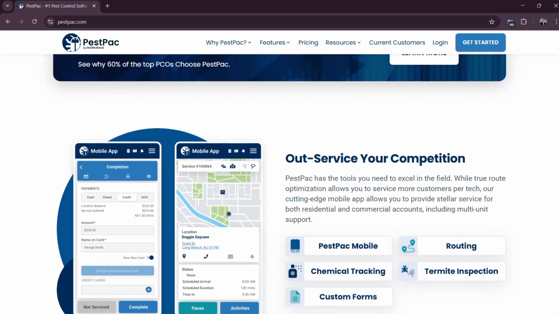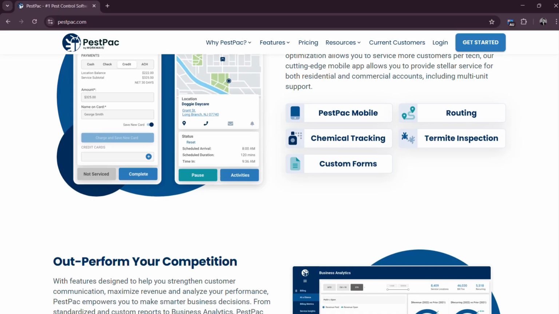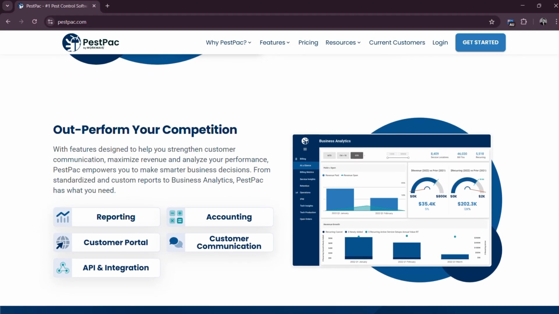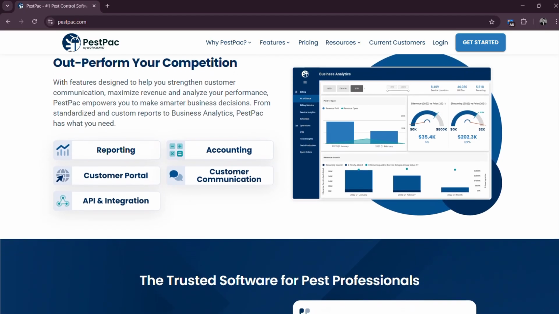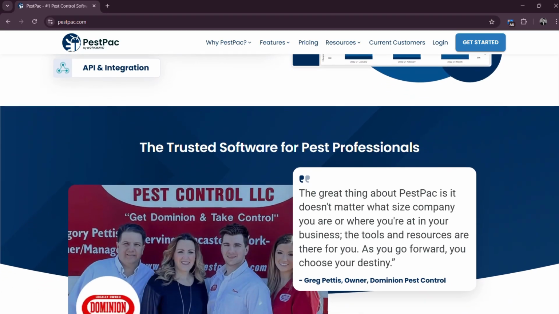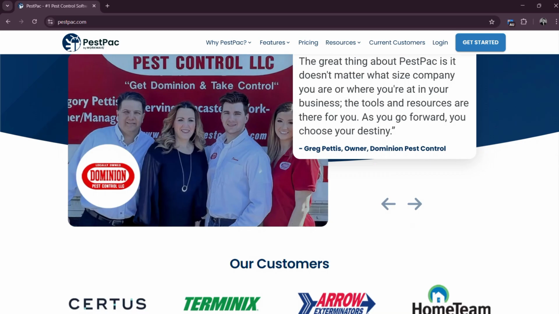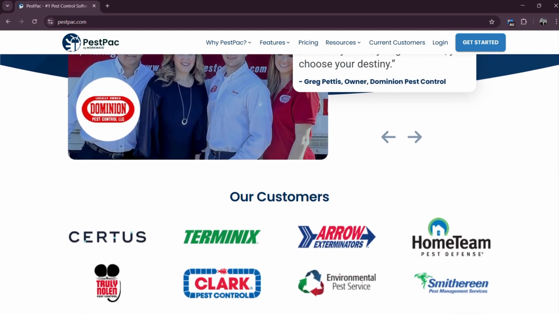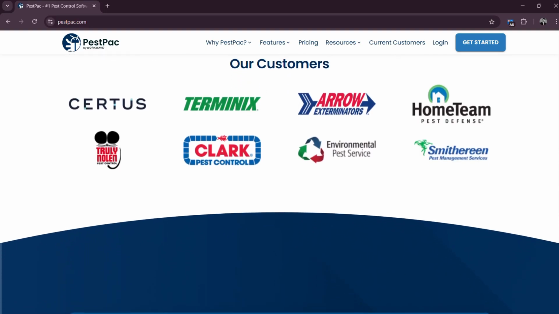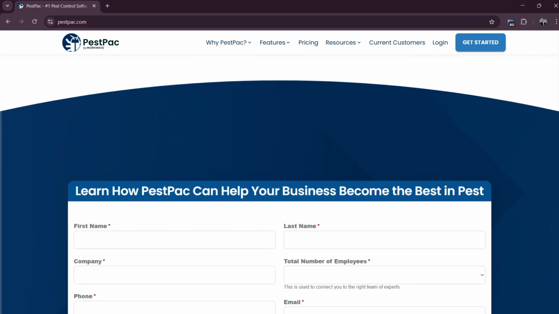Scheduling, dispatching, customer management, billing, reporting, and more. Whether you are launching a new pest control company or upgrading from outdated systems, PestPac scales with you, giving both small teams and large enterprises the tools to stay organized, boost technician productivity, and deliver an exceptional customer experience. With seamless integration across mobile apps and online portals, your office staff, field techs, and managers stay perfectly in sync,